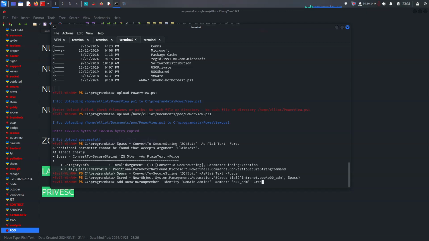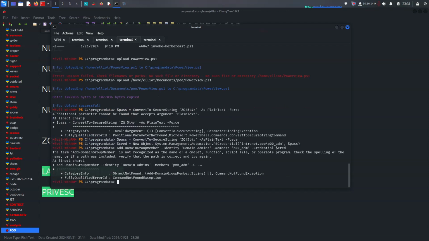Then we have to be given here credentials, and you know our credential is equal to we have to be given the correct one here. So what's wrong here? Add-DomainGroupMember -Identity Domain Admins, the members is pu00 admin and -Credential. I think there's nothing wrong, but